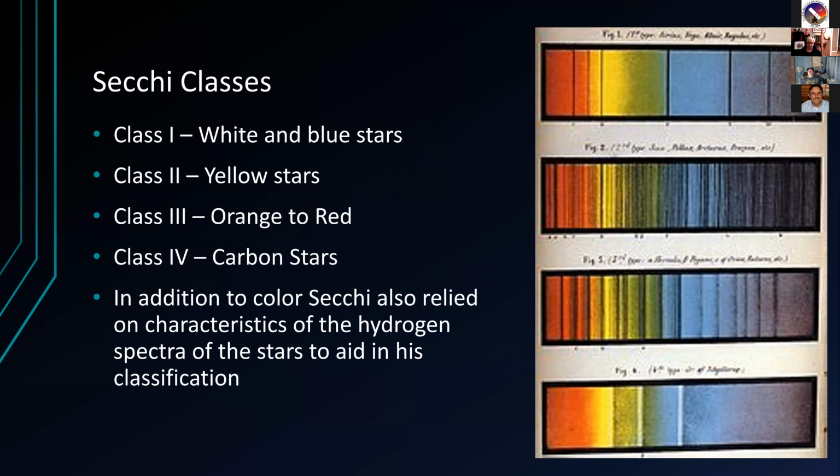The picture on the right, which is kind of blurry, I apologize for the poor quality, shows examples of the spectra matching the 4 Secchi classes, with the top being class 1, the bottom being class 2, and the middle 2 being class 3 and class 4, respectively. So it's kind of inverse. So you can see how these are all emission lines showing. So the presence of colors here is showing where